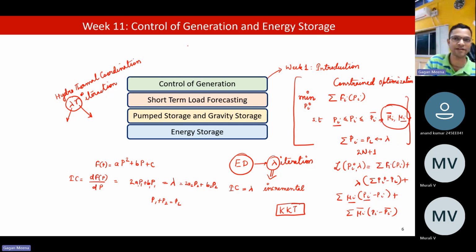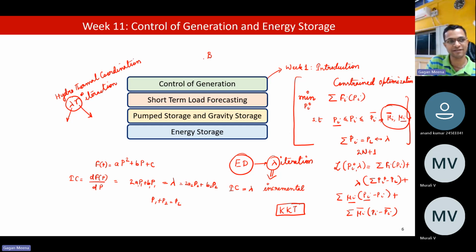And especially when we consider the network also, we have discussed this LMP, locational marginal pricing. Remember? So in that case, this equality also corresponds to a dual variable corresponding to the equality constraint. But the only thing is that in case of LMP, the network is also present in this equation. If we consider the DC power flow,